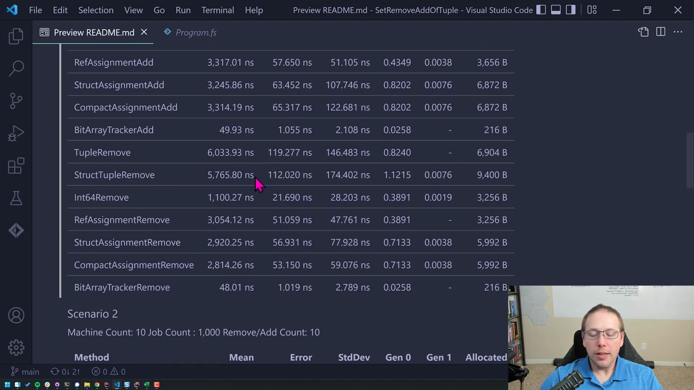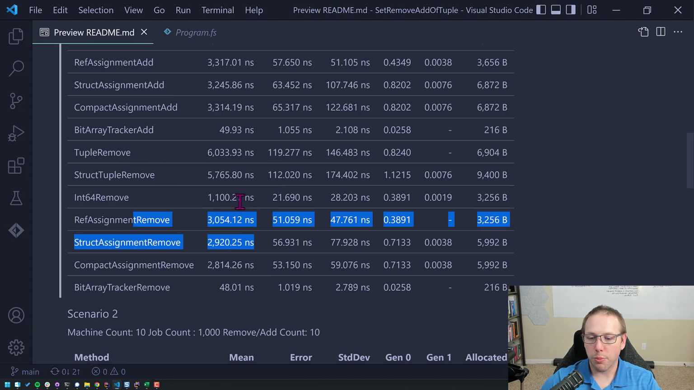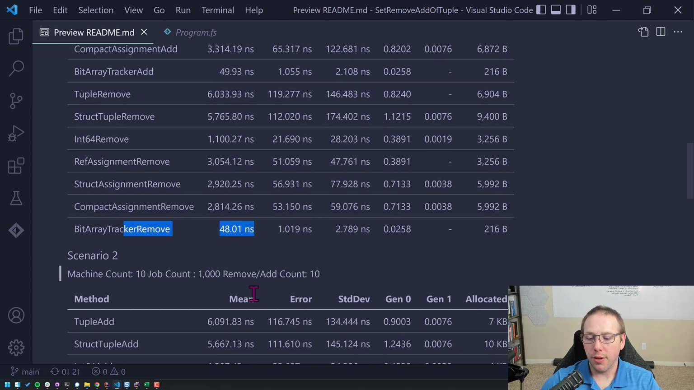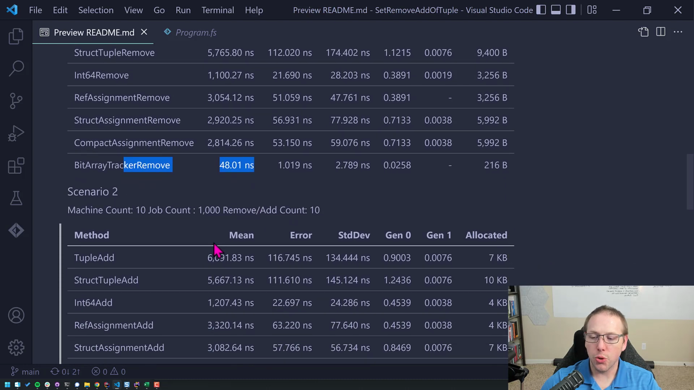Again, tuples, the tuple approach, the record approach, and then that compacted N64 approach, and then the bit array tracker. And if we go down to